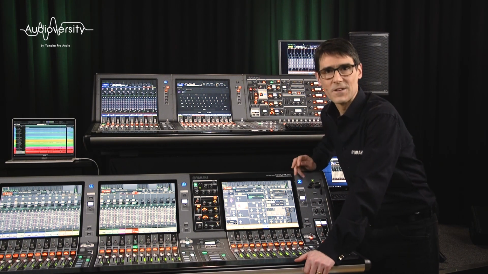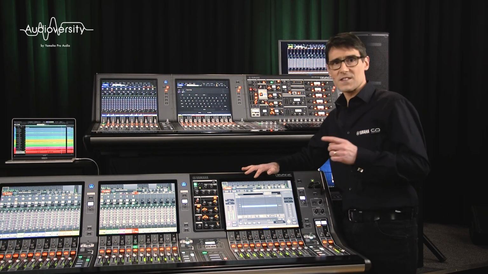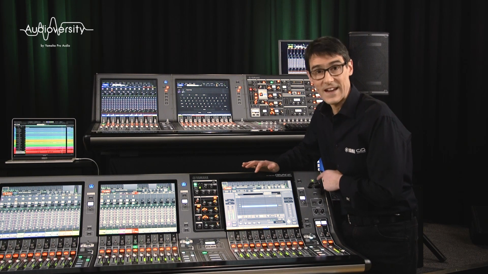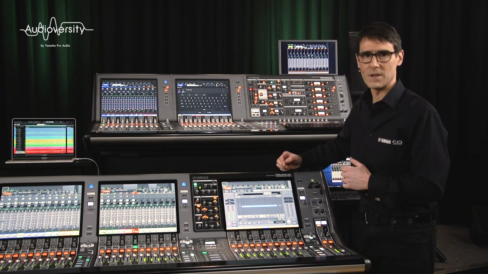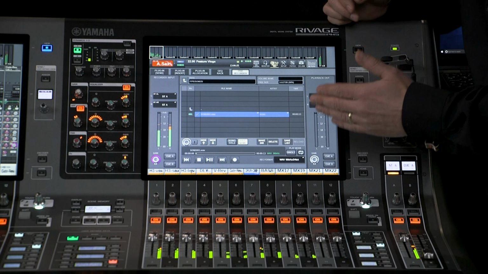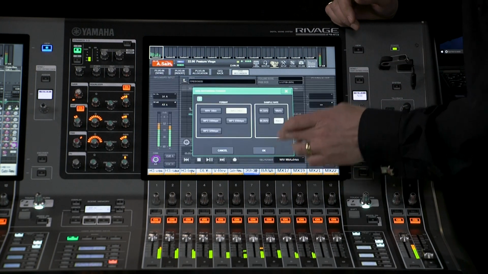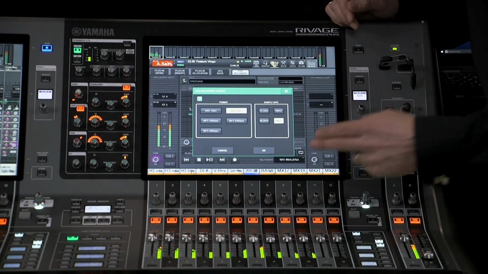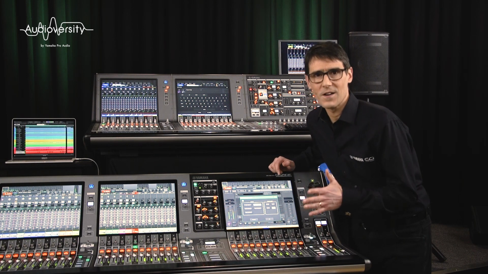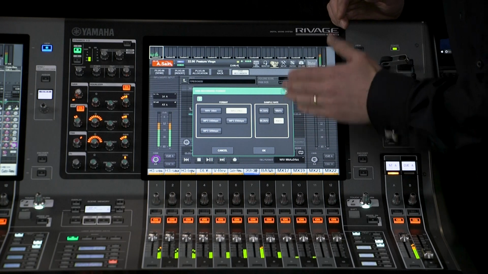And the USB recording function is another handy tool. Use a standard thumb drive or a larger USB hard drive or solid-state drive to make a stereo recording, or playback WAV files or MP3 files. This includes a sample rate converter, so you're not locked to the mixer's own format. This facility can be really useful for archiving a performance or playing background music before an event starts.